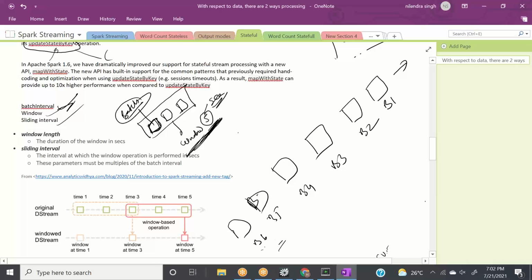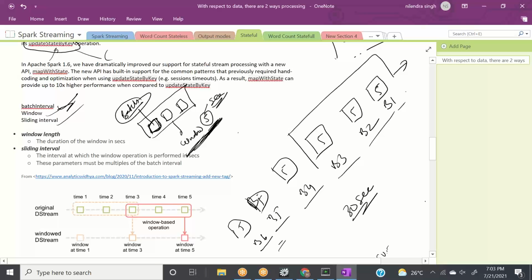Let's say this is 30 seconds of data, and every batch is 5 seconds. Let's say we want to create a window for 15 seconds. So this will be your one window.